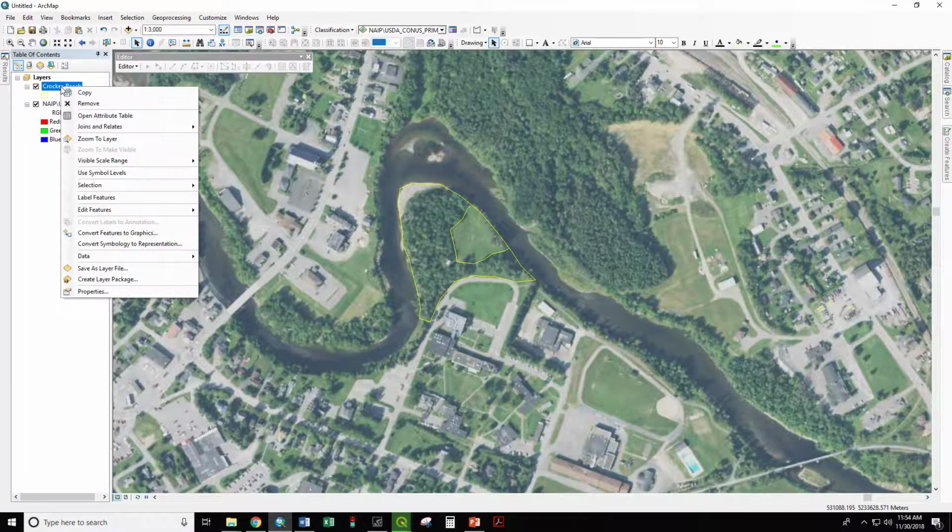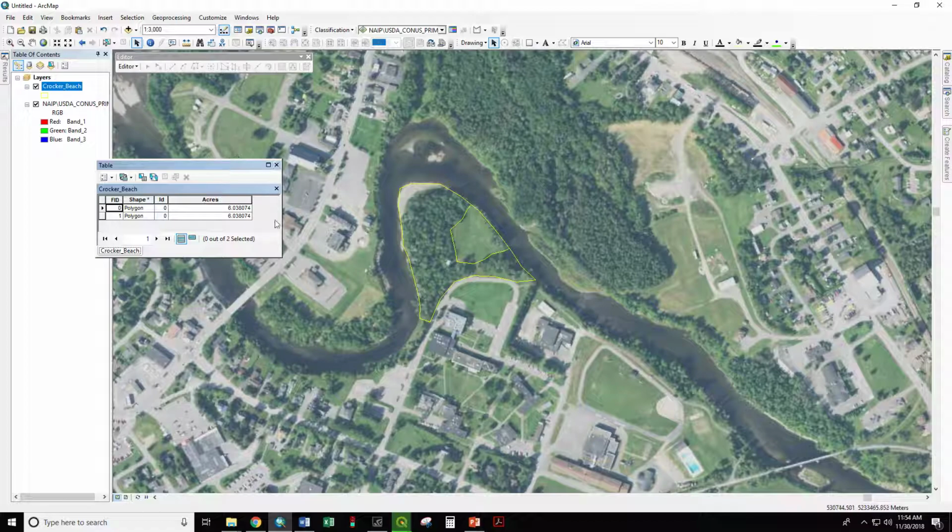Now let's look again at the attribute table. So now we have 2 shapes within this Crocker Beach area, but both have retained the same attribute of acres. This obviously can't be so. This whole thing was 6 acres. This part and this part have got to be less. So what you have to do every time you cut a polygon or clip a polygon using another feature is